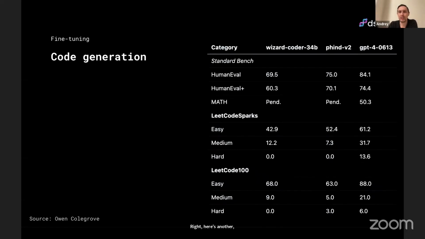Here's another list of benchmarks that compare to other models: Wizard Coder, 34 billion parameters, and Phind. Those two models were built by some companies and shared as open source models. They are interesting because at the time when they were released, they claimed that they beat GPT-4 quality for generating code,